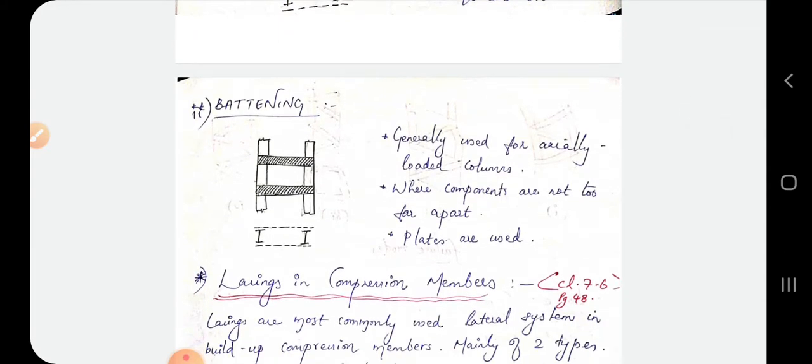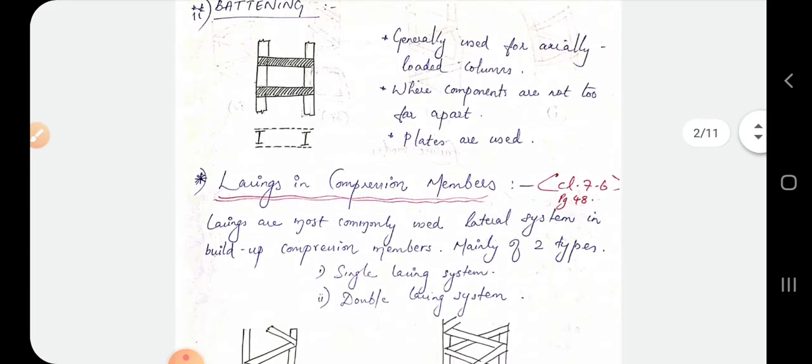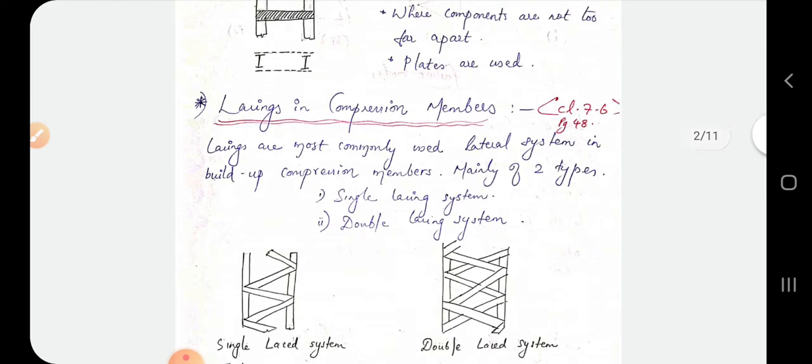Next is battens. Battens are the horizontal members, as we have seen previously. You can see in the figure. Commonly plates are used as battens, and they are generally used for axially loaded columns, and also where the components are not too far apart. The main members or the components are not too far apart. In such a case, battens are used. So in this class we are going to discuss more about lacings,